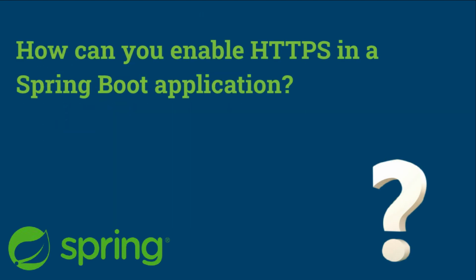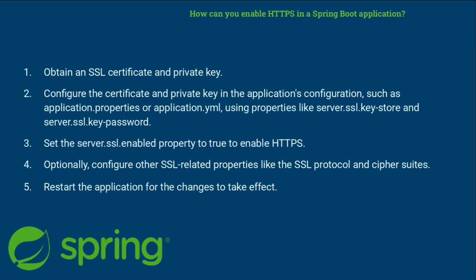Next question, how can you enable HTTPS in a Spring Boot application? To enable HTTPS in a Spring Boot application, you need to configure the appropriate SSL certificate and modify the application's configuration. Here are the general steps. First, obtain an SSL certificate and private key. Second, configure the certificate and private key in the application's configuration, such as application.properties or application.yml, using properties like server.ssl.keystore and